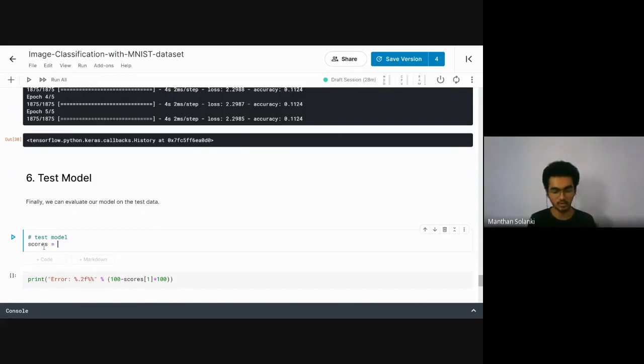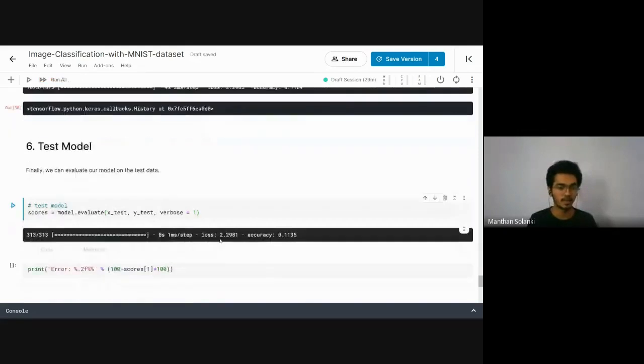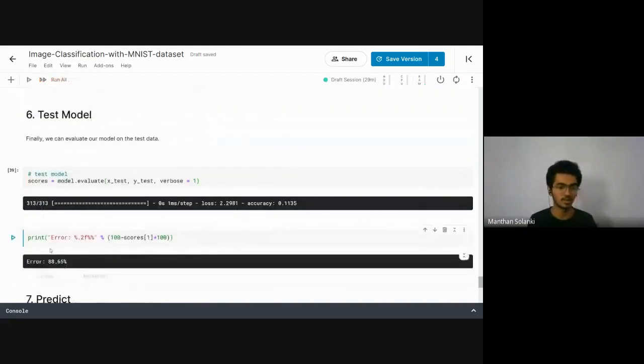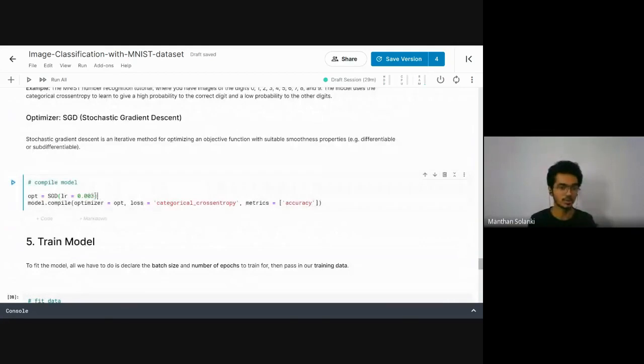So model.evaluate. Now I have the test data, so x_test, y_test, and here let's say I will try with verbose 1. So okay, the loss is very high and accuracy is very low. I have already calculated it, so the error is very high right now. My model is doing very poorly on my training set,